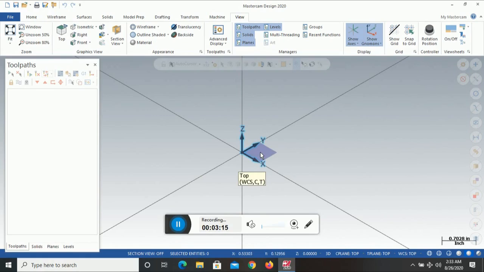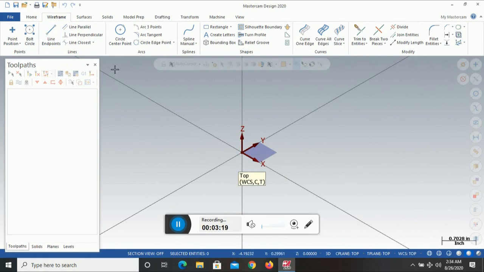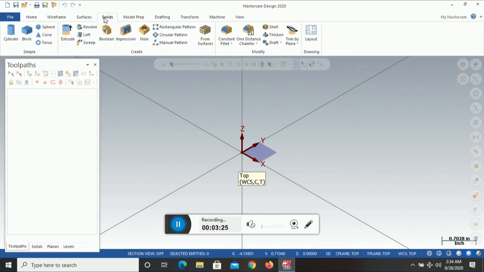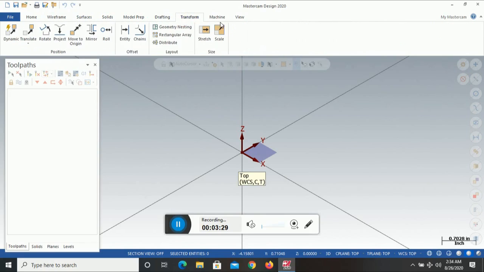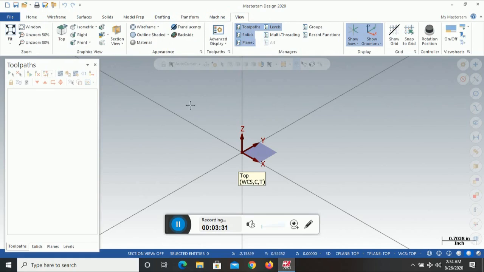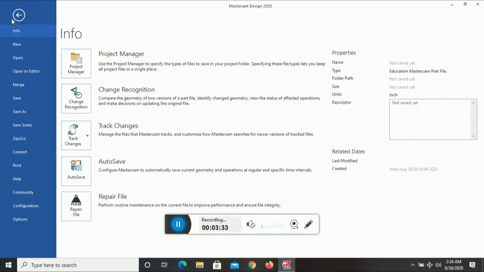Apart from this, here is the wireframe. So we can select any wire entities and then draw the desired geometry, surface, solid, model prep. I will cover all these things one by one in the coming tutorials. Before that, we should see this merge option.